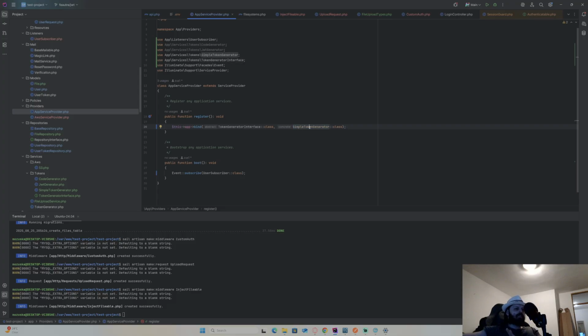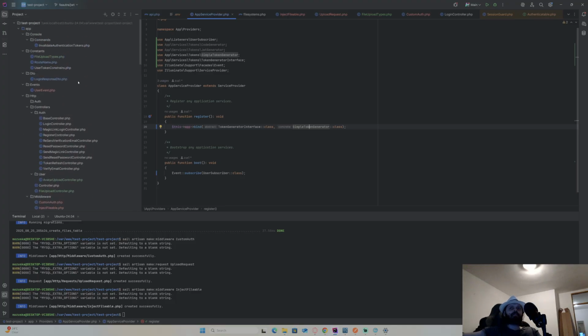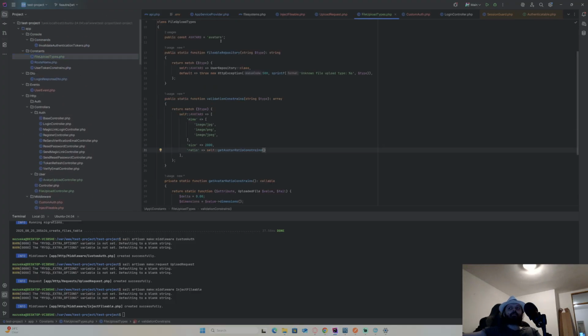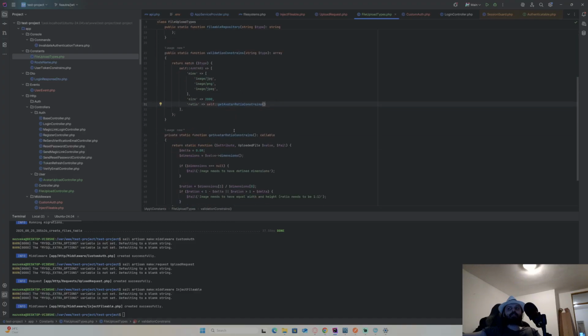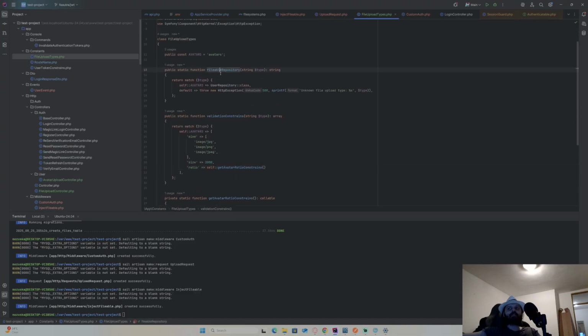And when I do that, the entire upload logic will be able to shift to different handlers, to different storage. And with this class here for the upload types, we'll be able to extend this with new types just by adding these variables here, right? And this will be an extremely adjustable system in that case.